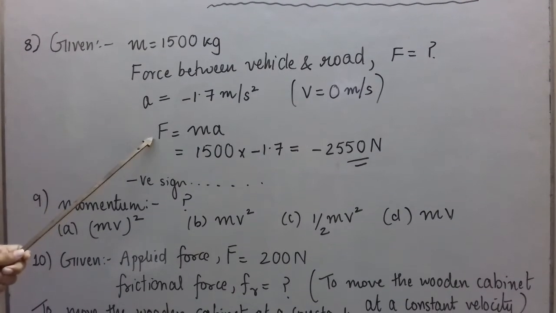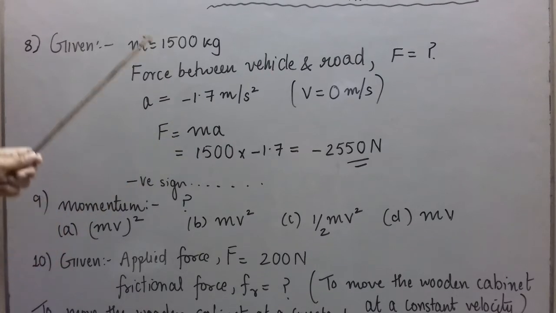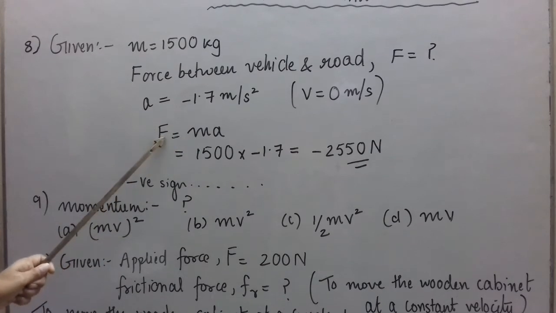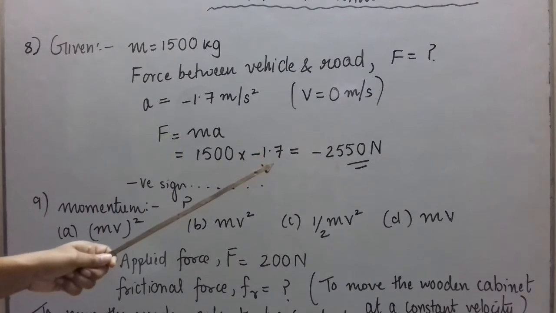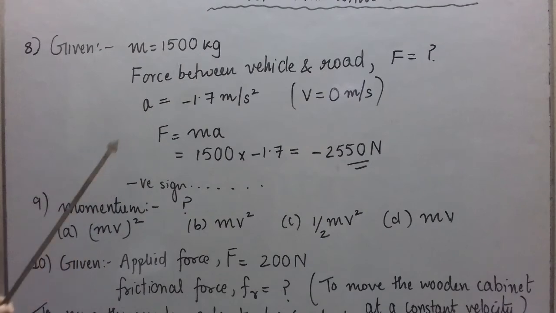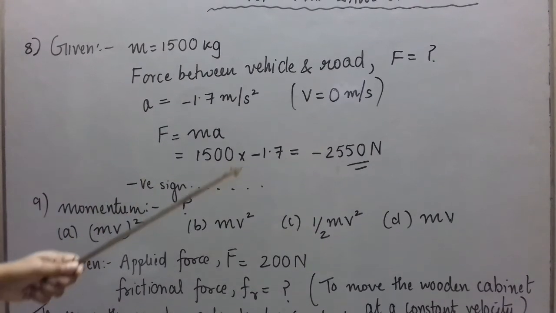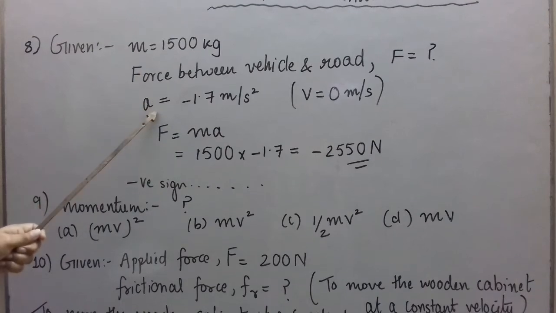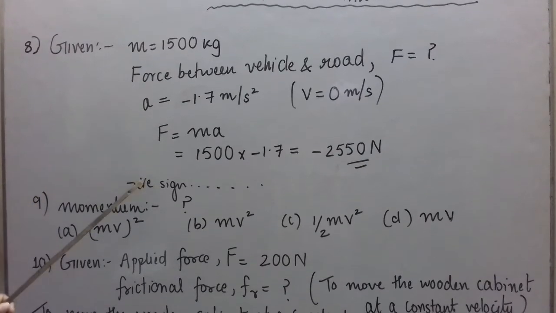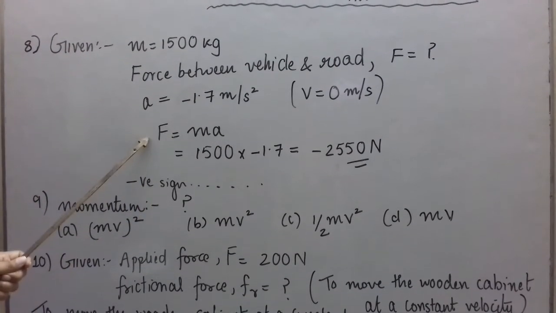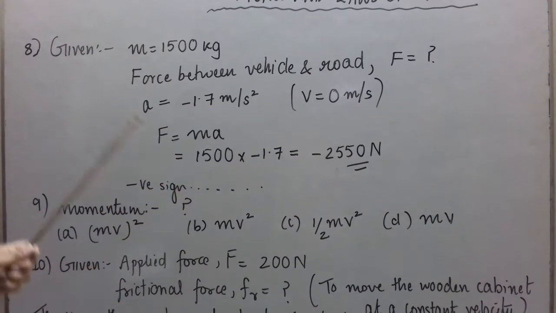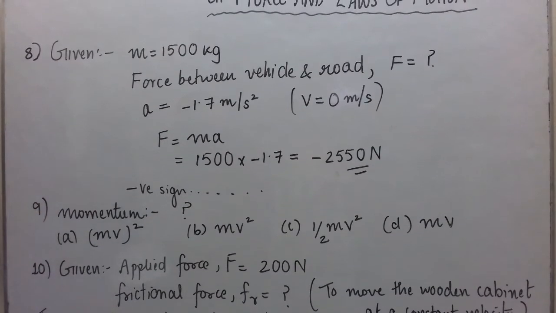Now we are going to find F, m and a are given. So very simple, using Newton's second law of motion we have F is ma. No conversion is required. We'll just put the values and get the answer of F as minus 2550 Newton. Again as the answer is negative, we should mention a sentence about why this is negative. You know that this is a case of retardation, or we can say it is a case of force that is opposing the motion of the vehicle. So negative sign indicates that this is an opposing force, or a retarding force. This numerical was quite simple, so I hope you have understood.